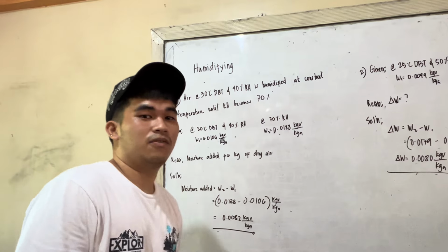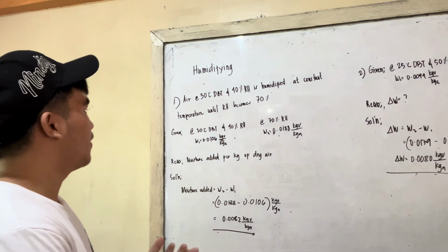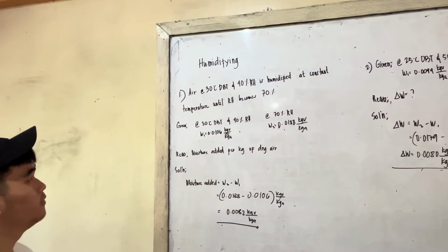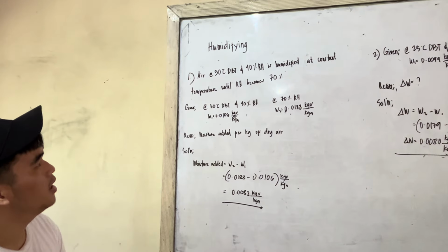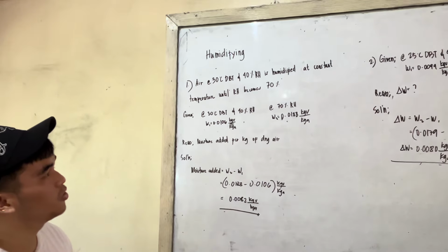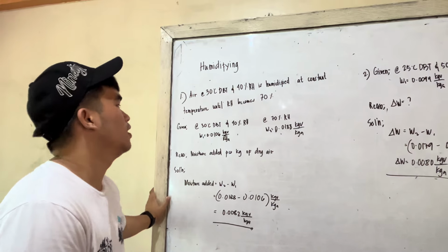So good day everyone. Our topic for today is humidifying. So problem number one: we have air at 30-degree DBT and 48% RH that is humidified at constant temperature until RH